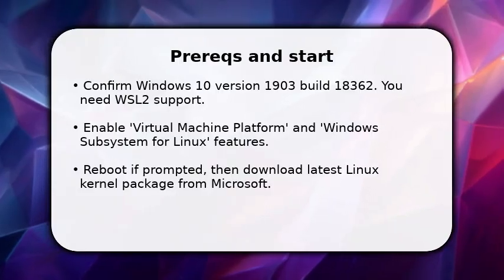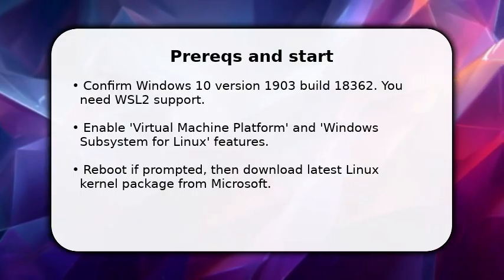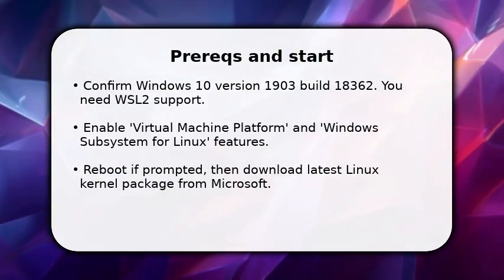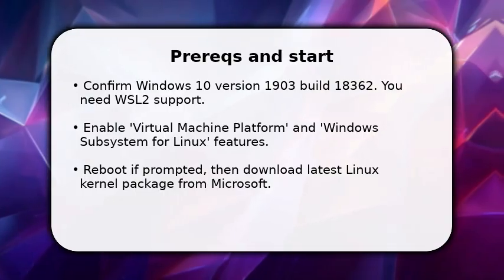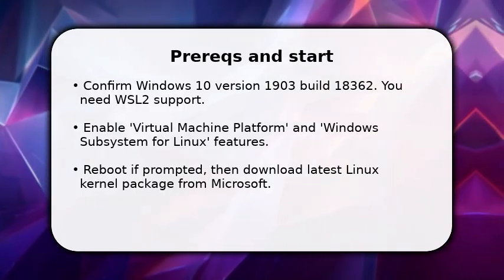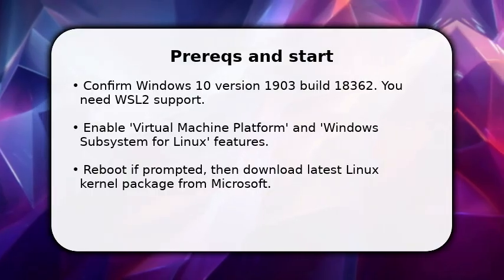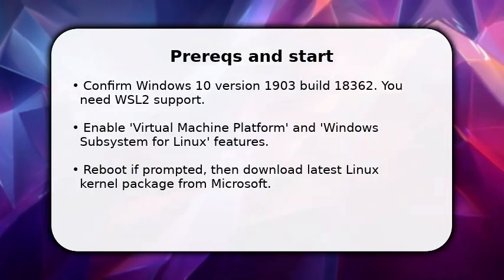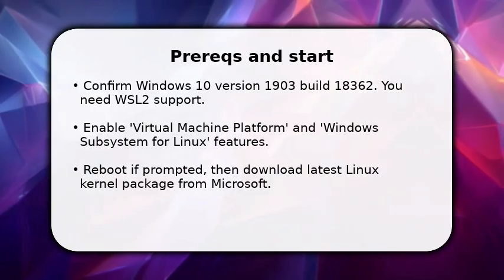You begin by verifying system compatibility. Open Settings and check your OS build because WSL2 requires a compatible Windows 10 build. Once confirmed, enable the Windows Subsystem for Linux and Virtual Machine Platform features through Turn Windows features on or off,